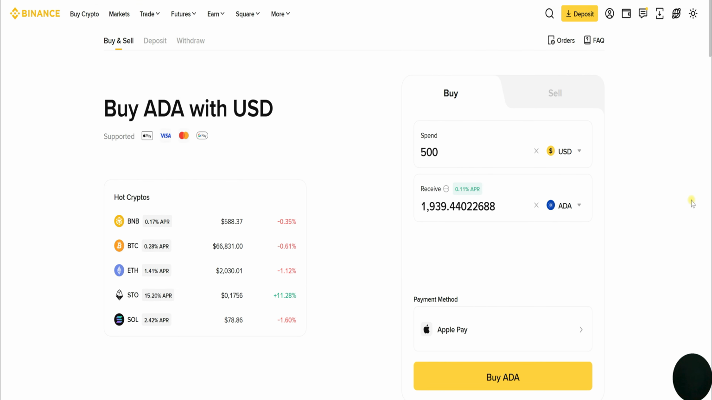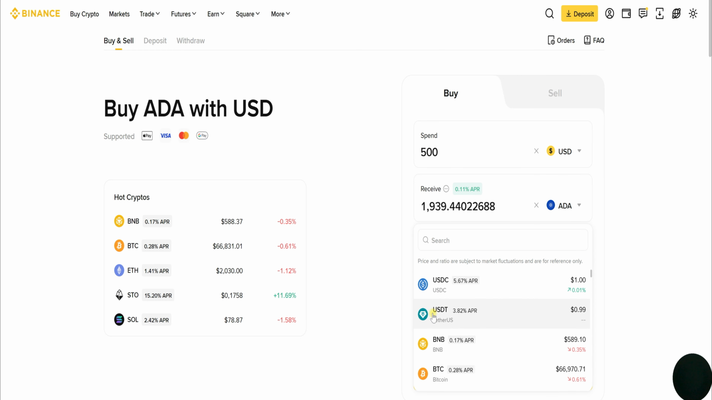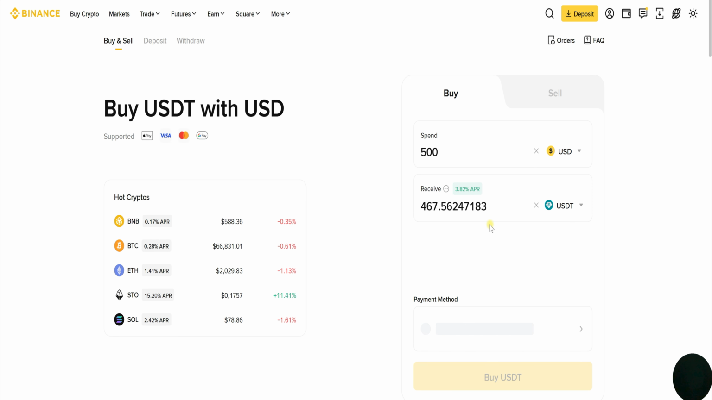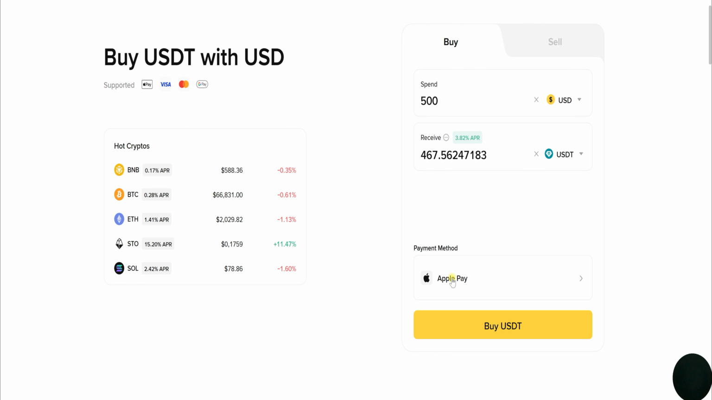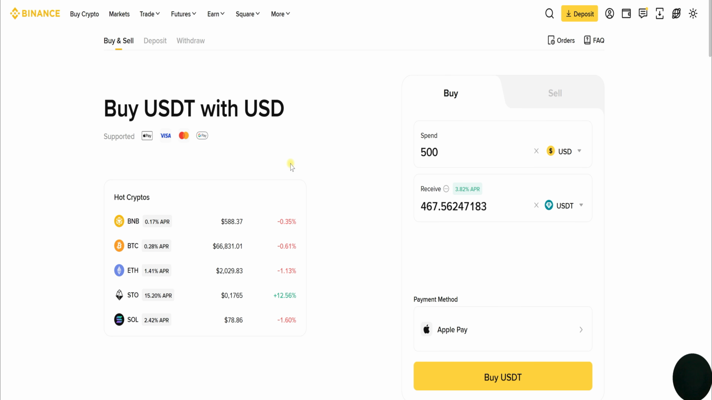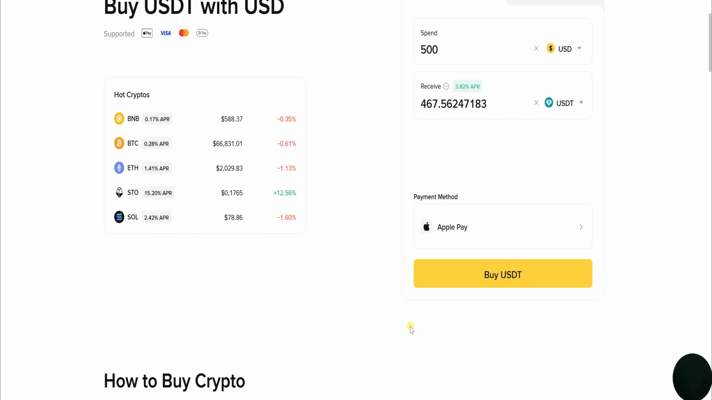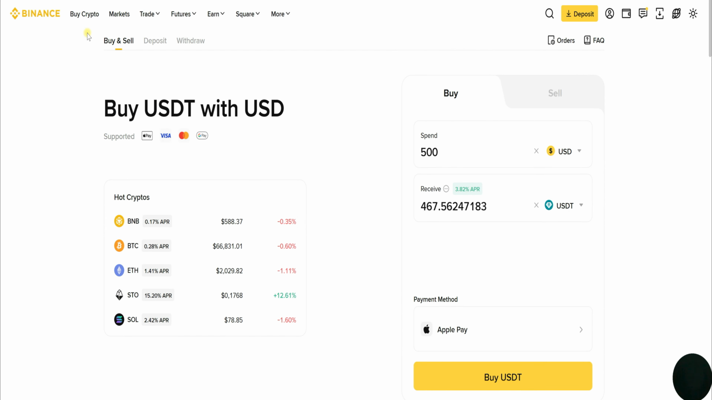Now, if you want to buy from the market, we need a stable coin, USDC or USDT. For example, I have clicked USDT Tether, $500. You will pay with Apple Pay or debit card, Visa, MasterCard, GPay, you see, and click buy. So, we need the marketplace here, mobile and desktop same. Click market,